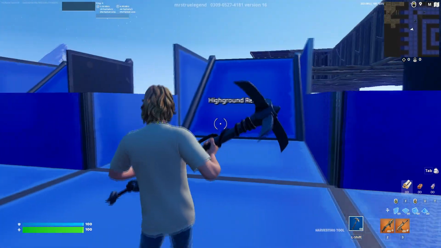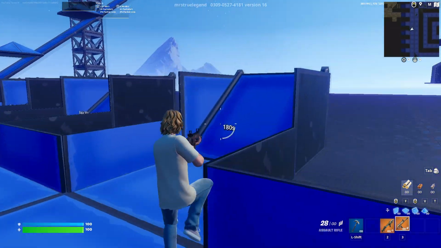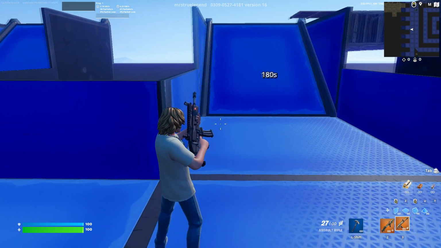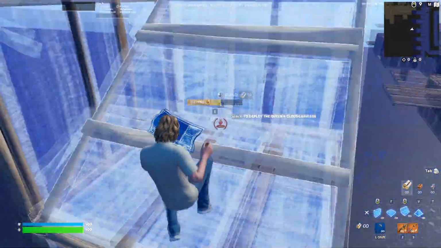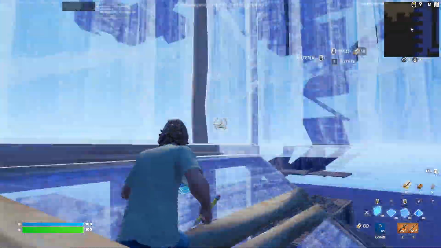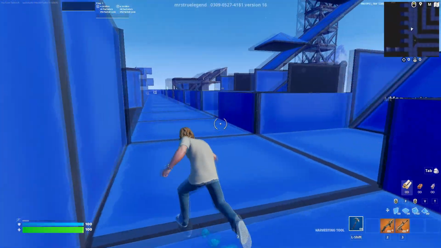Now, once you've done that, we've obviously got high ground retakes. We don't need to do this. This is a creative warrior thing, so we don't really need to practice. 180s, I mean, you can practice 180s if you want. I think everyone kind of knows how to do 180s, but realistically, if you're not very good at them, then by all means practice them, because definitely they can be helpful in-game when you haven't got much mats and stuff. But I mean, 180s and 90s, I think everyone kind of knows how to do